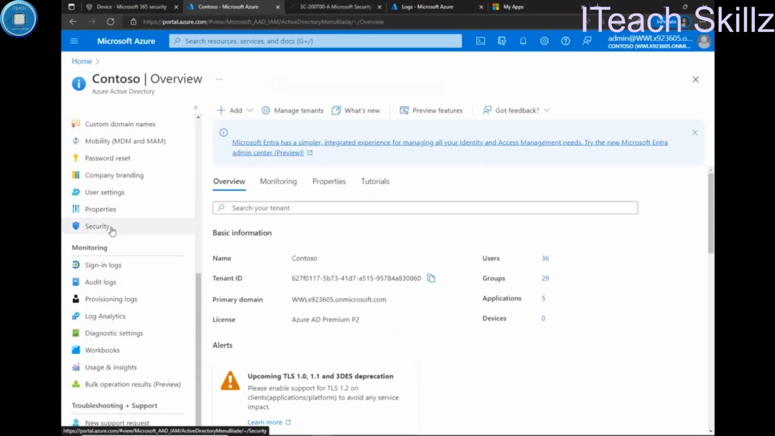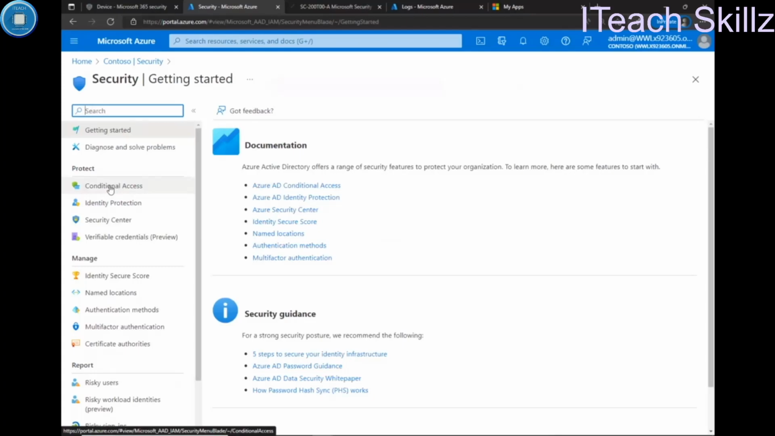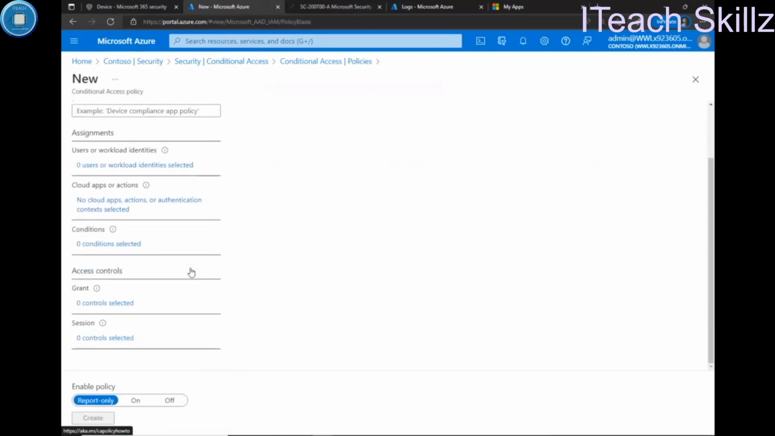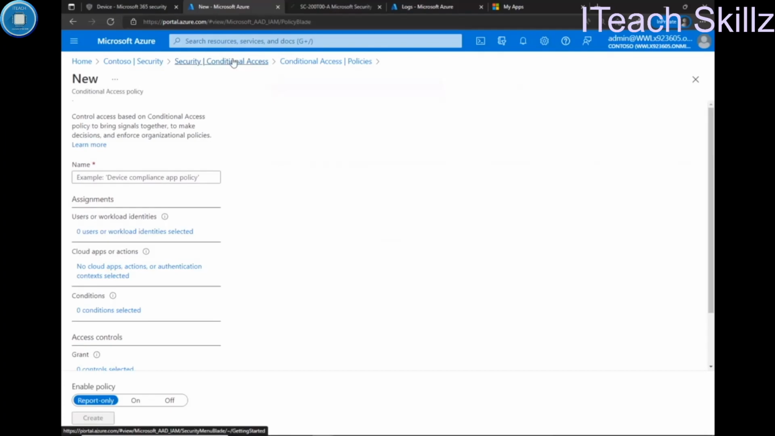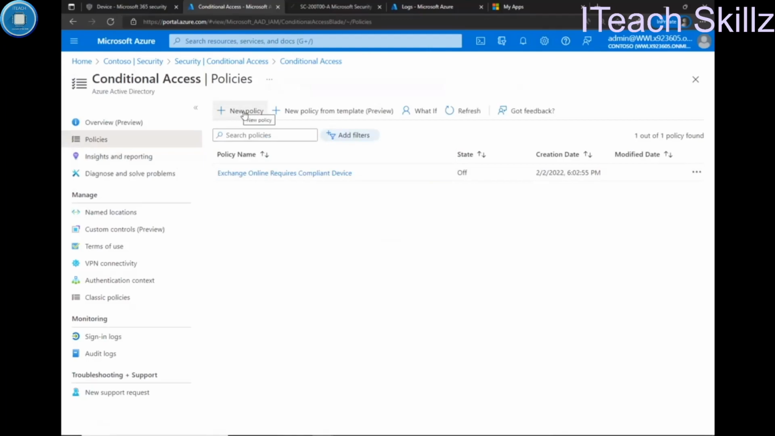by clicking on the properties or security. Okay, clicking on the security option and then under protect, conditional access. And well, the policy is not listed there. It's not ready there. I can only see the change online requires compliant device. And well, now that I just click here on conditional access, I can see the new policy option is